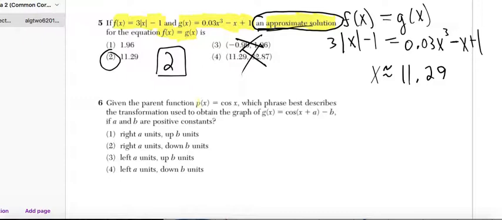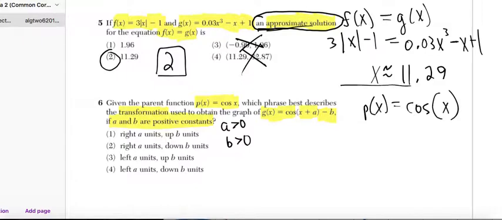Given the parent function p of x equals cosine x, which phrase best describes the transformation used to obtain the graph g of x equals cosine of (x plus a) minus b, if a and b are positive constants? So basically they're saying a is more than 0 and b is more than 0, right? So p of x is just equal to cosine of x. I'll put the parentheses, right? G of x,